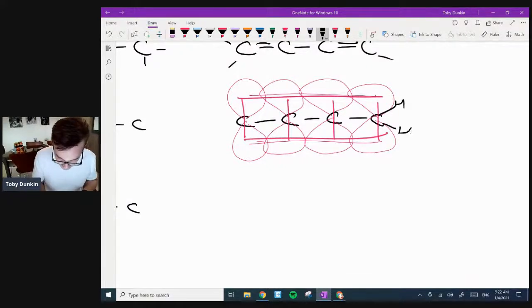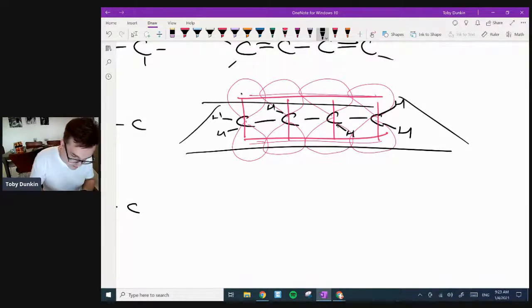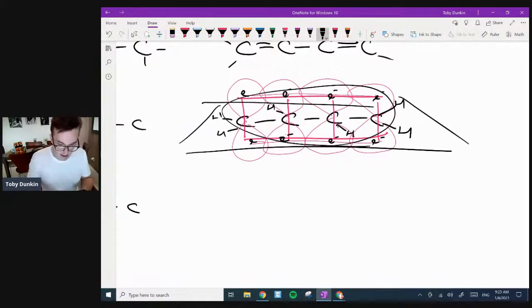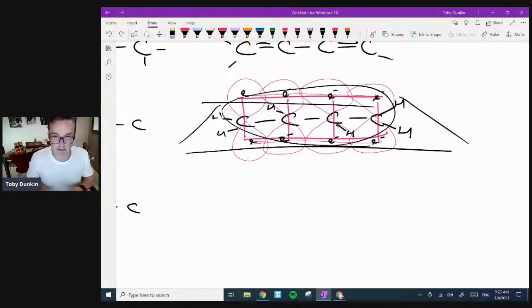By the way, this molecule is completely flat. So this hydrogen comes out flat as well, and that one's going to be going off that way. This molecule is completely flat, it's planar in its arrangement, like this. But now the electrons in these orbitals can flow through the entire structure. They can flow all the way around this, and it provides additional stability.